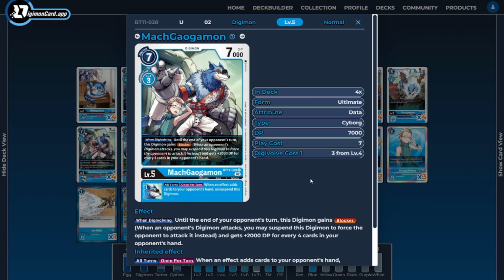This is going to be the main defensive card for the deck, just because we're going to be gaining blocker and a nice DP boost for every 4 cards in the opponent's hand when we digivolve up into this card. Then on top of that, the inheritable ability is super important for the deck to try to be as